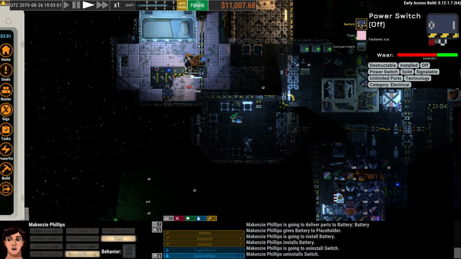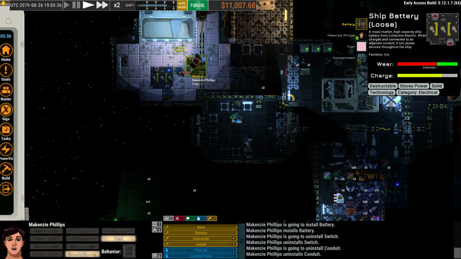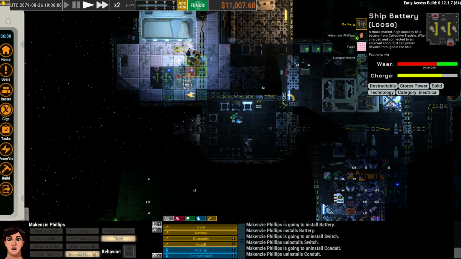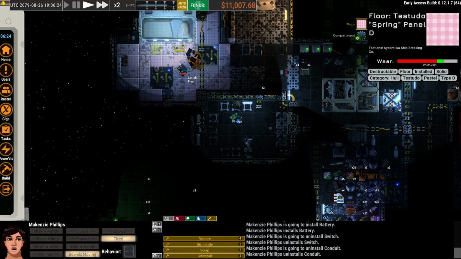I'm going to uninstall the switch. It should go reasonably quickly compared to the battery. And I'm going to uninstall the conduit. Good. Now I want to install the battery, just like I'm doing here. Oh, fine. Now we'll move it out of the way again. There we go. Now I want to get you in. Do I want to do that yet? No. I think I want...